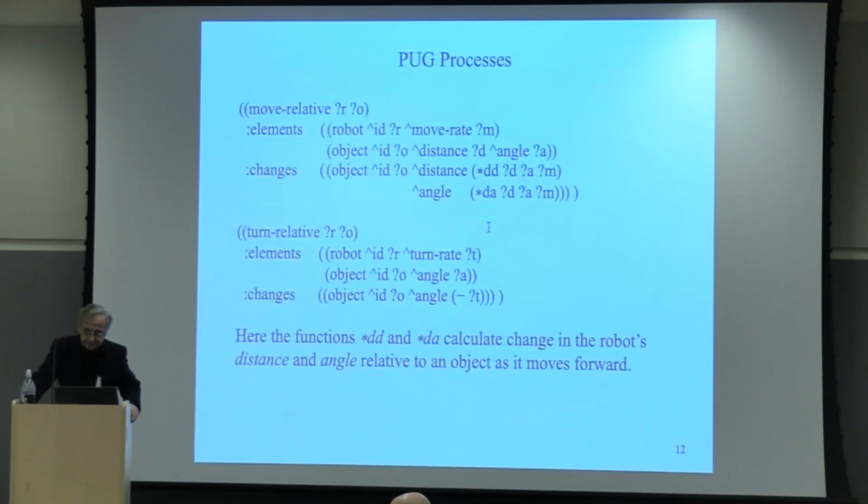These are processes. And you don't need processes to do control, but you do need them to do some more sophisticated stuff. So again, don't look at the details, but think of these as the kind of process you'd find in qualitative process theory, but they've actually got numeric equations attached. So they tell you how things are going to change over time. Some of the variables here will be environmental variables. Some of them may be like move rate and turn rate. Those will be control variables.